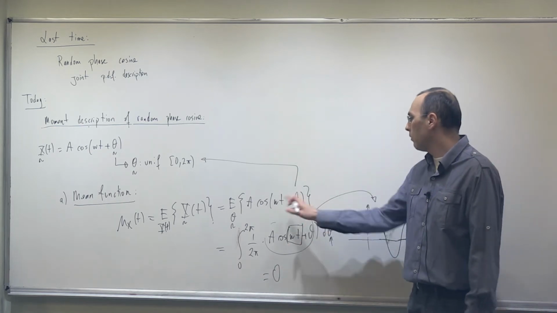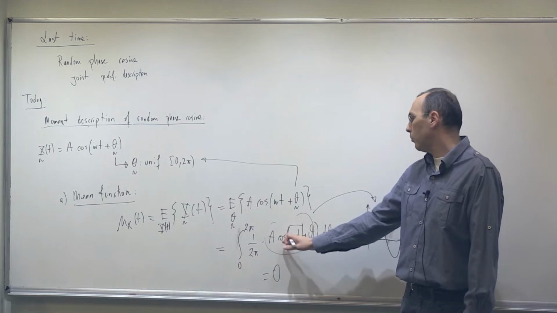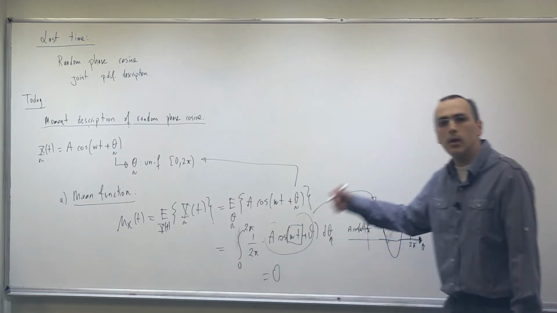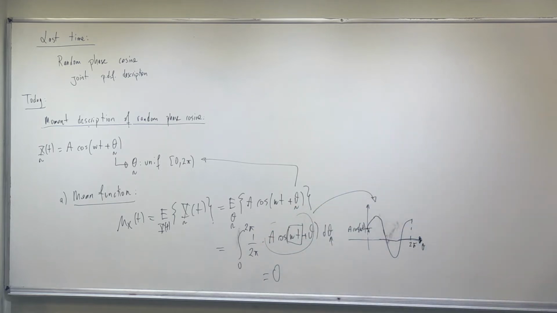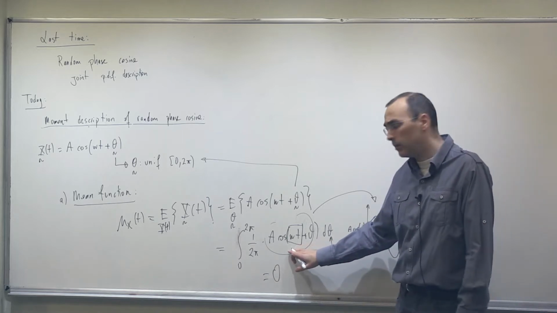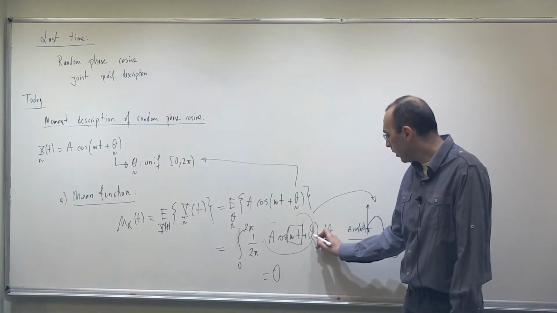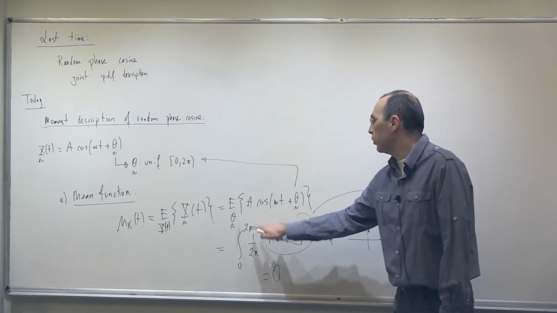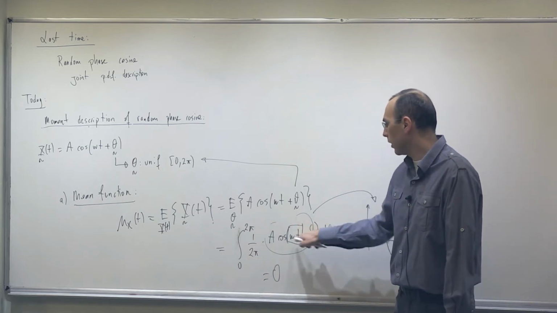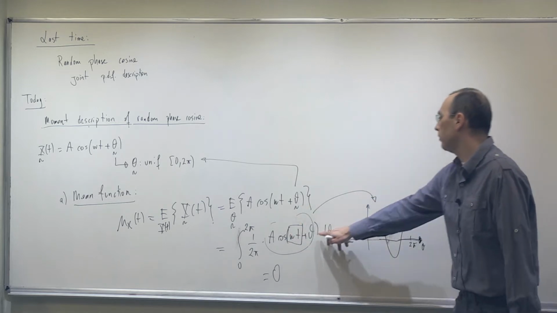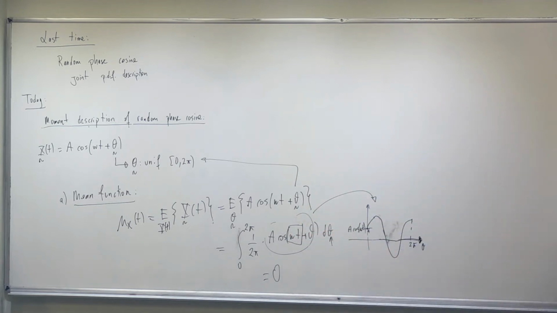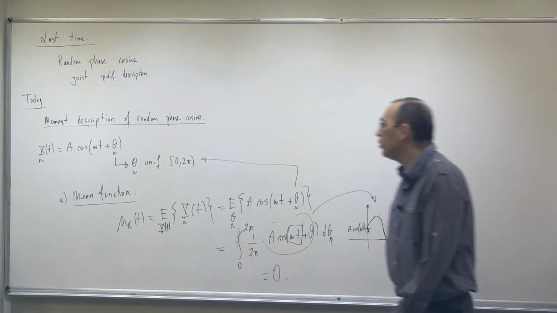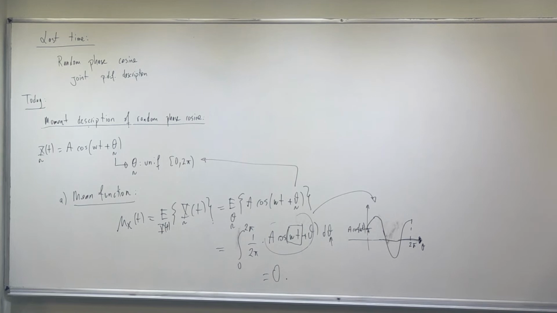Of course, you can evaluate this integral by saying that this is sine evaluated at these times, and then you can subtract. But don't do things like that. Try to understand the integral. I'm integrating starting from theta equal to 0 up to theta equal to 2 pi. This is the full period with respect to this theta. The area under the full period is equal to 0. So this is the end of this discussion, the end of the mean function calculation.